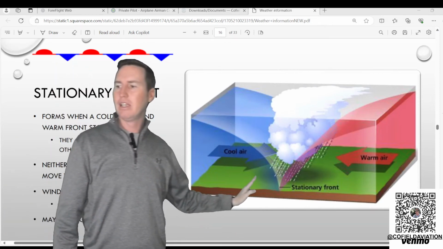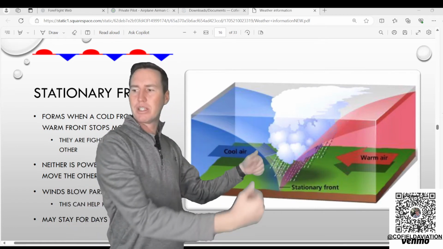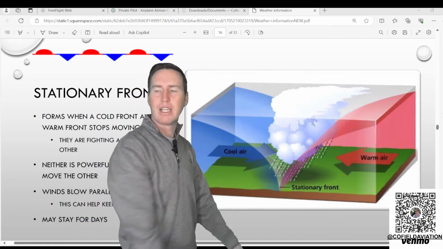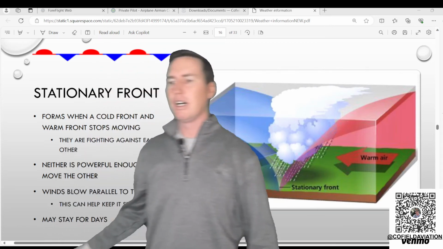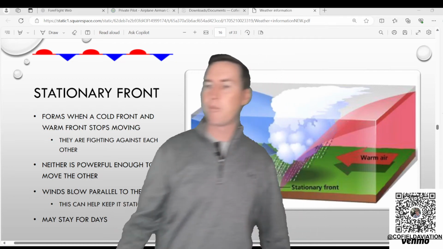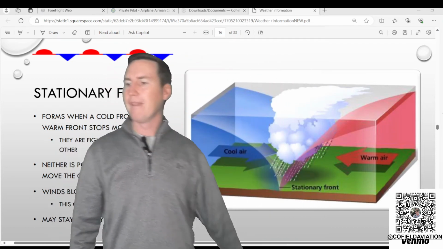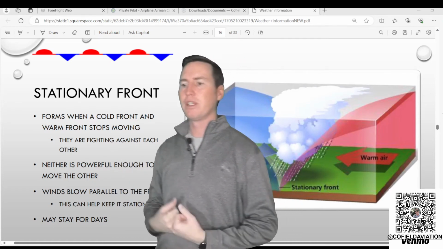There's your cold front coming in. There's your warm front coming in the opposite direction, and they meet right there in the middle, and they're not strong enough to move each other, so they can stay for days. All right. Usually the winds are going to blow parallel to the front. All right. But they're basically just fighting against each other, and neither is powerful enough to move the